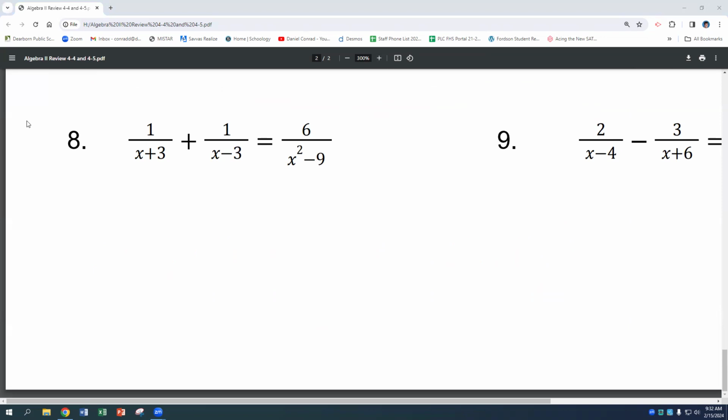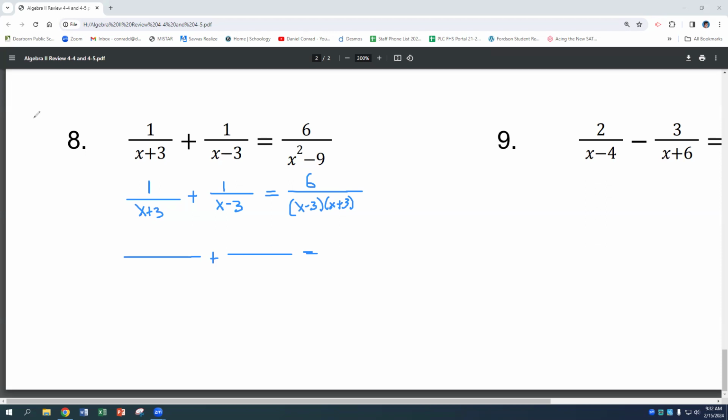Okay, the first one, we got to factor our denominator. So I have 1 over x plus 3 plus 1 over x minus 3 equals, this is the difference of two squares. So it's going to factor to x minus 3, x plus 3. Right? So our common denominator here then,